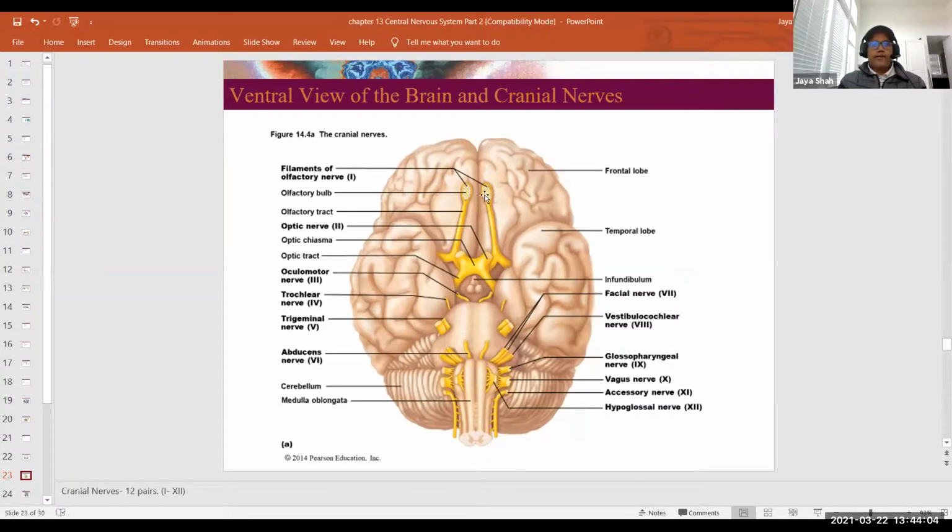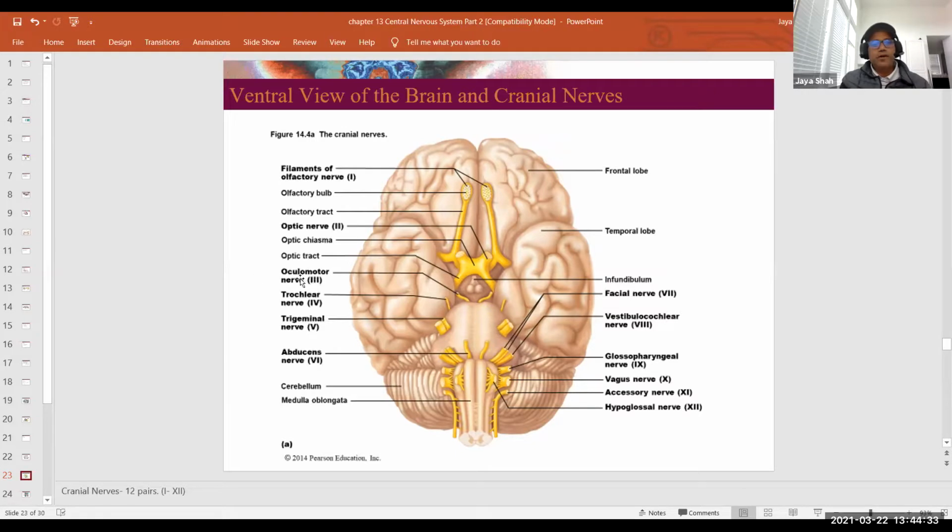So you see the first cranial nerve is the olfactory nerve. This olfactory bulb is extending in your nose, the roof of your nose, where you smell. And then here is the optic nerve, which comes here nearby your eye in the frontal lobe. So these two are exiting from the cerebrum. But after that, all the cranial nerves: